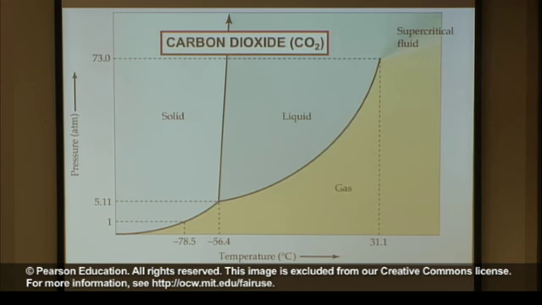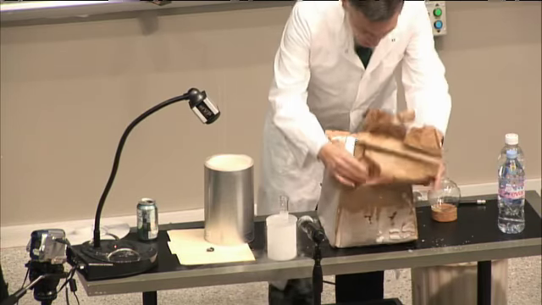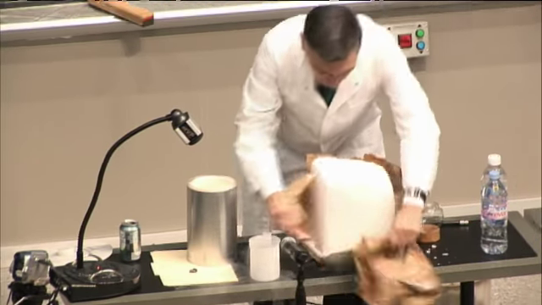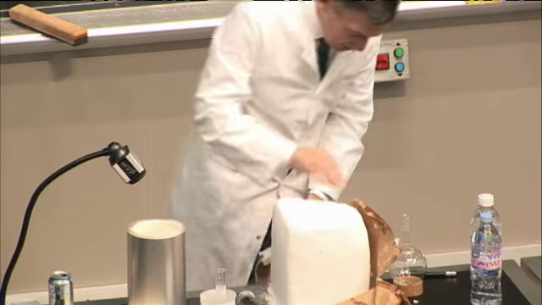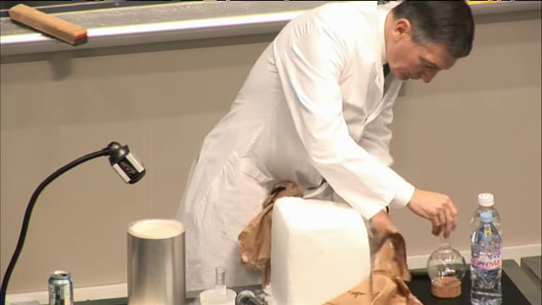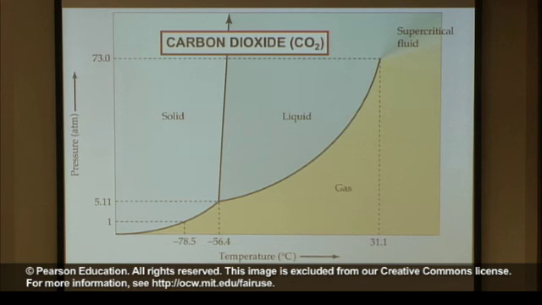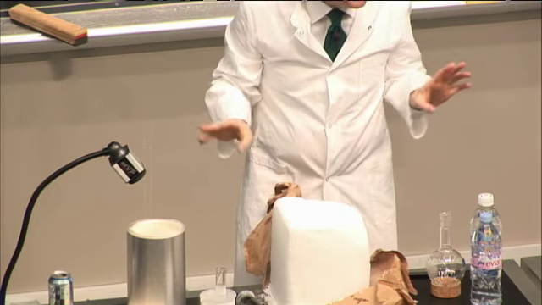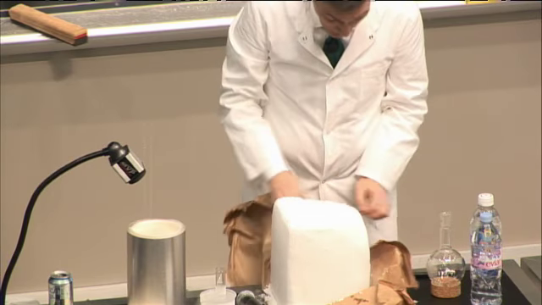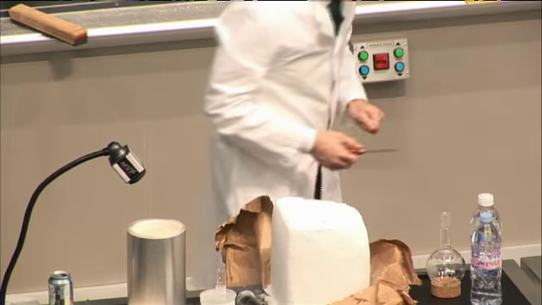And we want to prove this. What we've got here is a big block of dry ice. This is at minus 78 degrees Celsius, and it's still stable here. Well, it's subliming before your eyes. It's smaller than it was when we started the lecture. So what I'm going to do now,